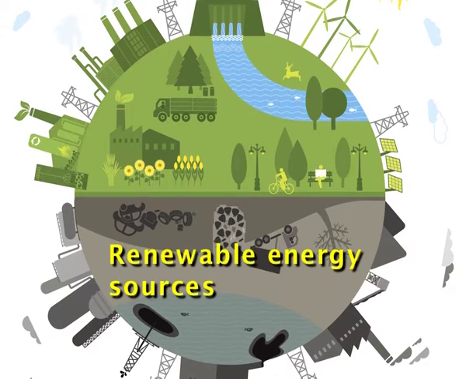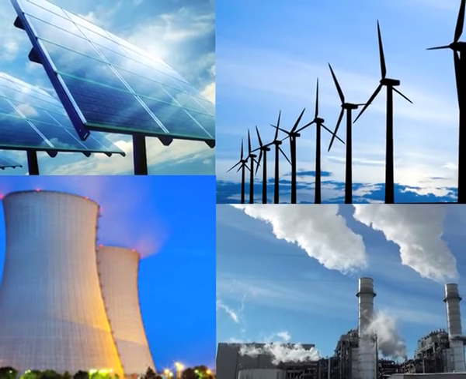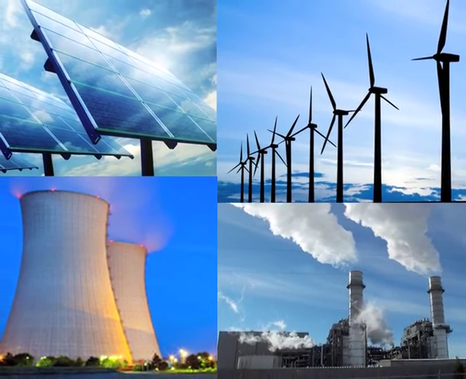Now we will be moving in detail to the various sources of energy. They are basically classified into two. The first one is renewable energy and the second one is non-renewable energy sources. So we will be focusing on the first one, that is renewable energy sources. As I have told you earlier, a renewable energy source is a source of energy that can never be exhausted. So how can we obtain these renewable energy sources, or what are the various ways in which you can obtain them?